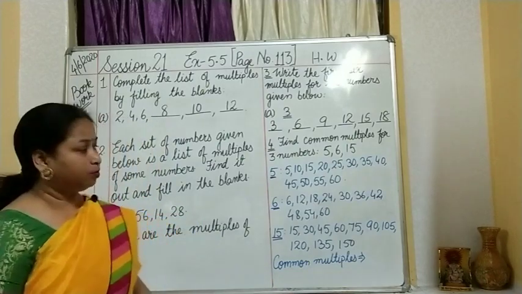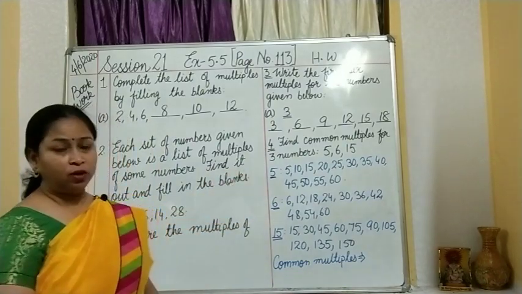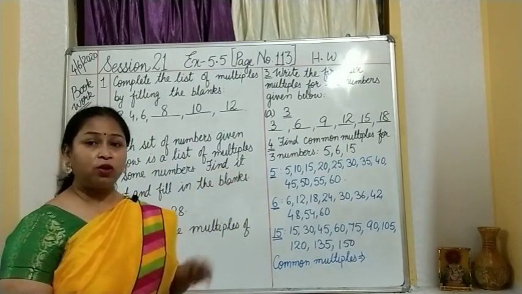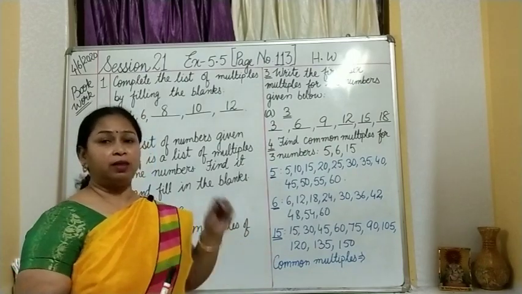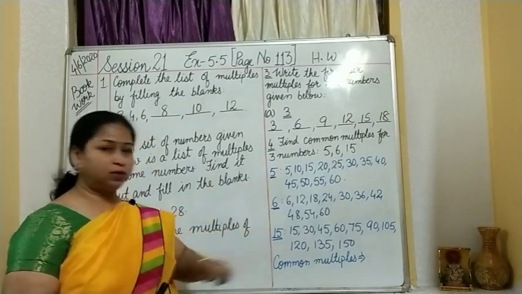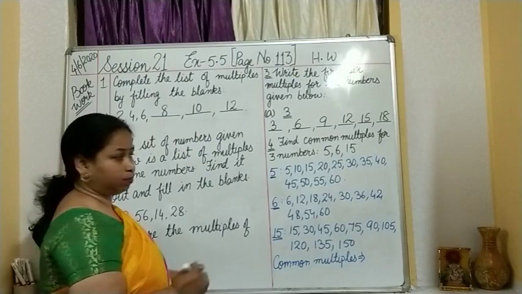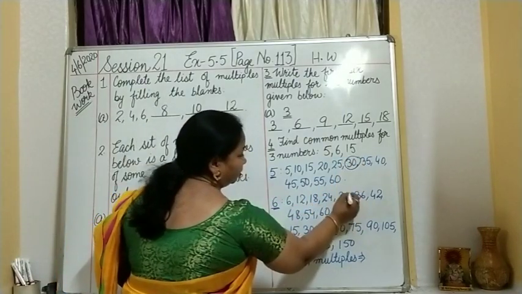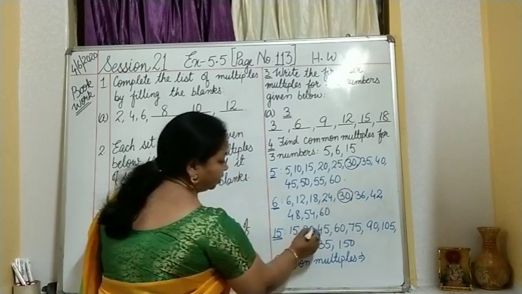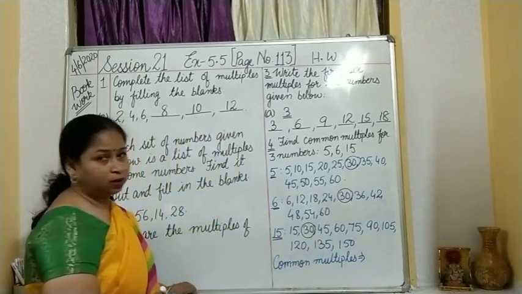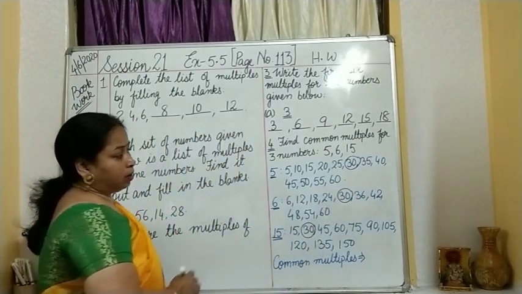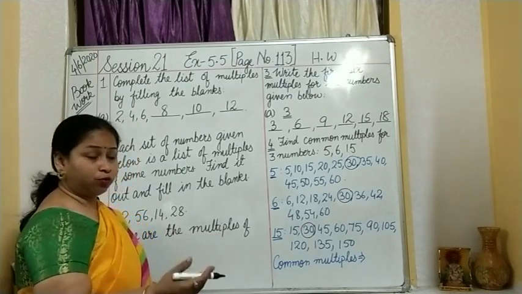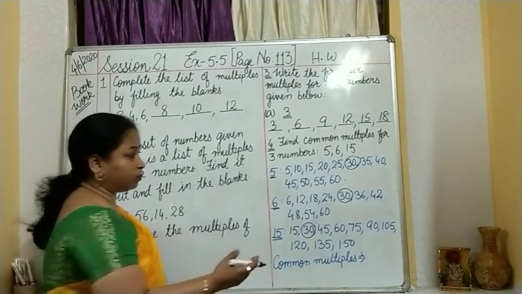After writing the table, as I have already shown you, what do you have to do? You have to find out the common one, the number which appears in all these 3. So let us see which number appears. As I move forward, I can see 30 over here, 30 over here, as well as 30 over here. Got it? So this is a common multiple. Let us check whether we have any other number further.